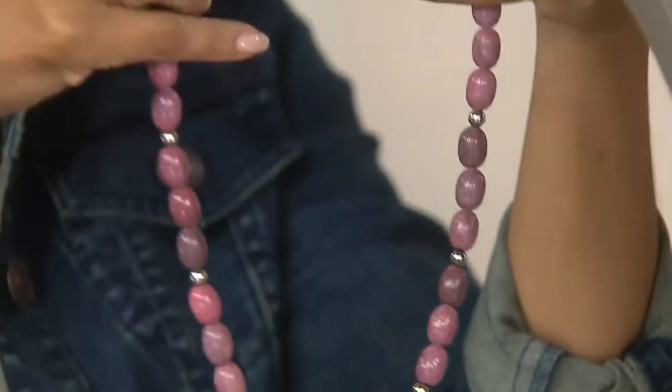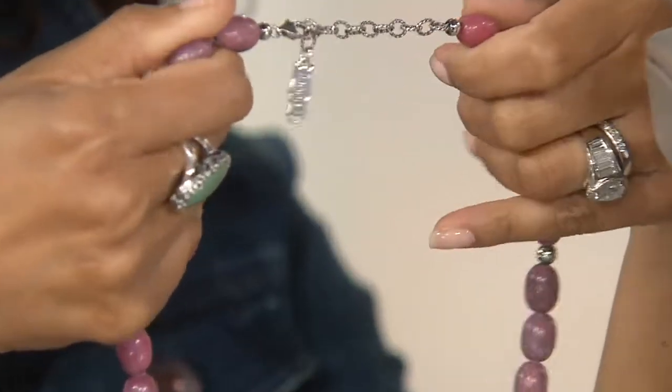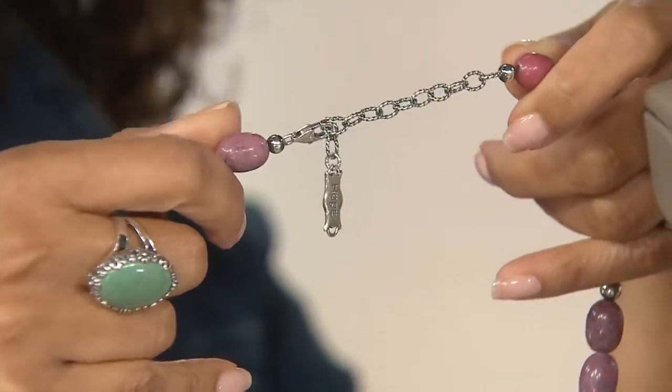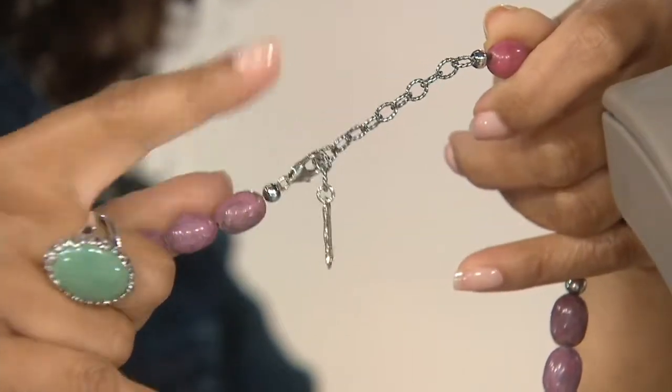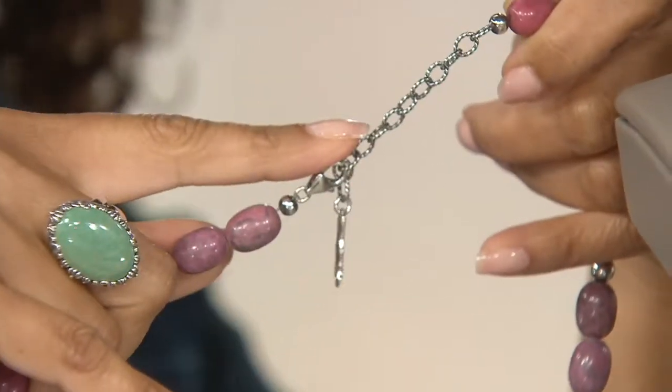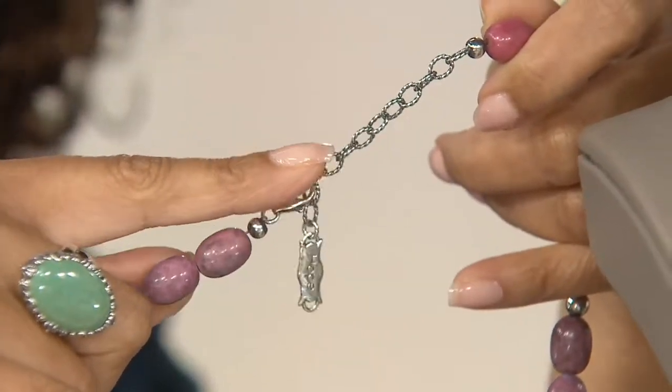That's why it ties back to everything in American West, because we love how the oxidation plays with the high polish, how the oxidation plays with the matrix and the beads. With that one, it's pulling out gray oxidation tones. Yeah. And I just wanted to point out the extender, because I love the attention to detail,